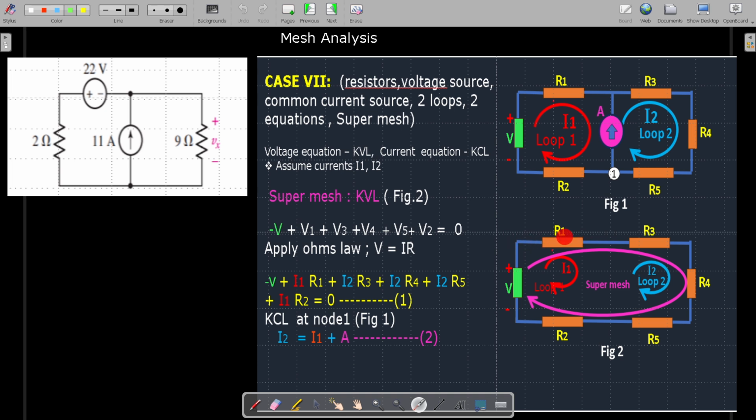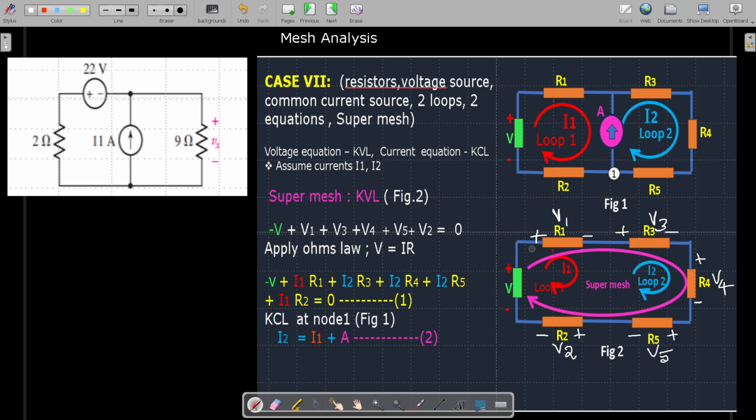Then you traverse through this path in which R1 and R3 resistances are present. You don't have any voltage source, but this comes under voltage drop, so you have to mention this. Here it is plus and this is minus, with the voltage across this resistance as V1. Similarly, here you mark plus and minus with the voltage across this as V3. Then here the entering point is plus, then minus, so the voltage across this one is V4. And here the entering point is plus, then leaving point minus, with the voltage across R5 as V5. Then here it is plus and here minus with the voltage across this one as V2. Okay, so now we start writing this voltage equation.